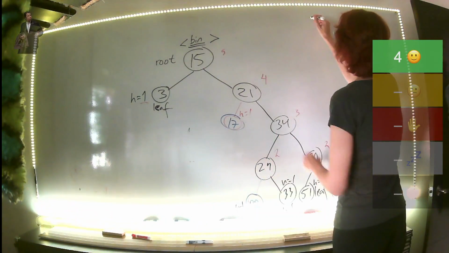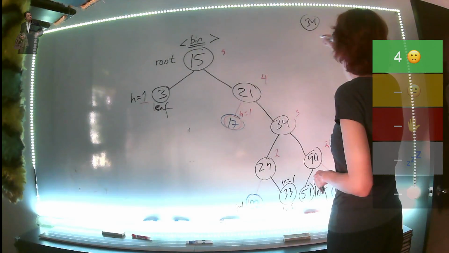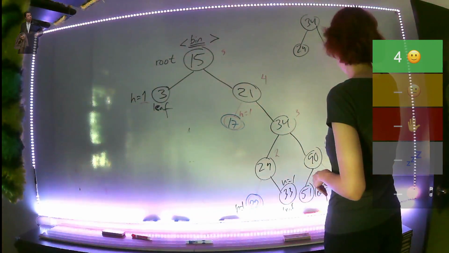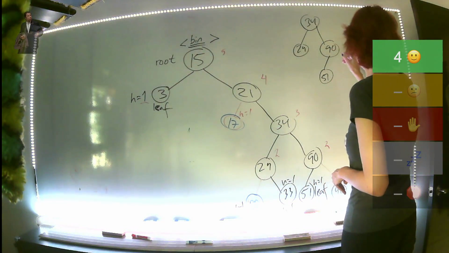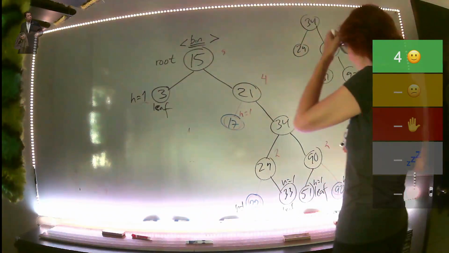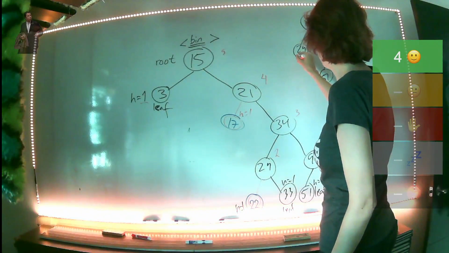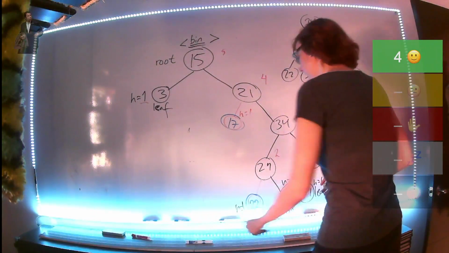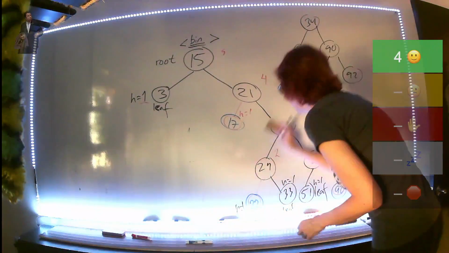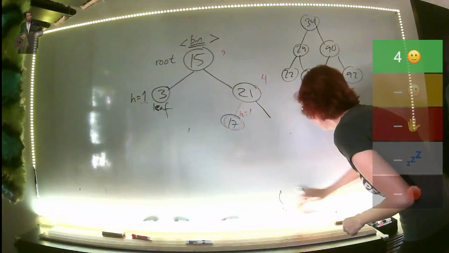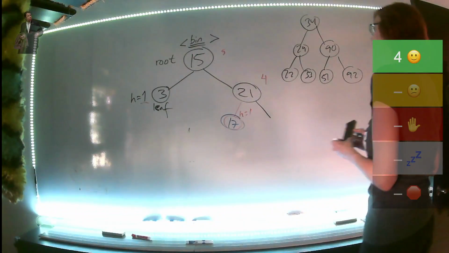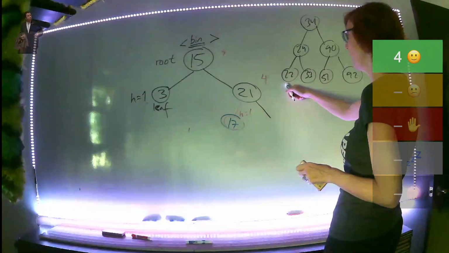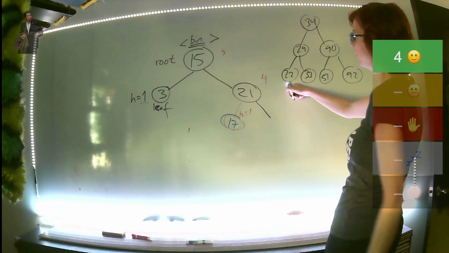So I have the 34. From there, I would have the 24 hanging and the 90. And from there, the 51. From there, the 92. Then from the 24, I would have a 22 here, a 33 here. And then these missing guys, where do these missing guys have to go? Well, it kind of depends on which order they would have arrived in. We could make here a subtree that we hang from the